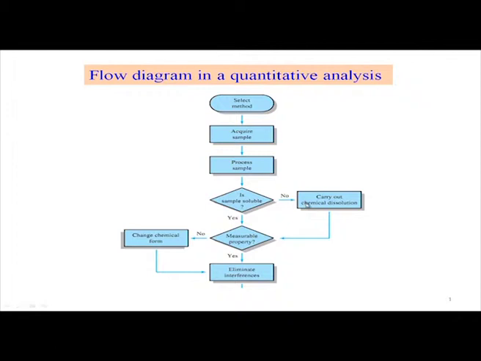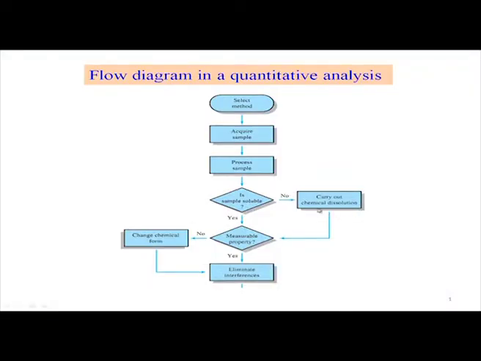But if it is not, we have to use some other technique, that means the fusion technique, alkali fusion technique, or any other harsh condition or high temperature condition can be applied. So, all these things come under this chemical dissolution step. If the chemical dissolution step is satisfied, we reach the solution state, and if the solution itself is colored, we can proceed directly from there, or if it is not colored, we have to add some reagent, and that reagent can give rise to some coloration, and that we can measure.